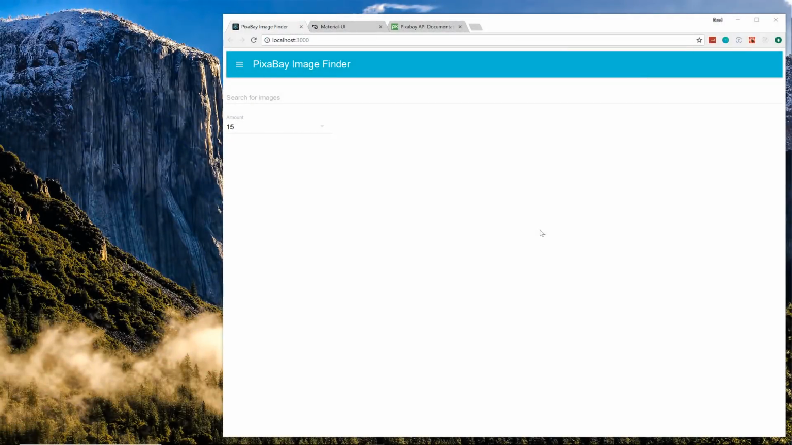Hey, what's up guys? So in this project we're going to be building a React application that reaches out to the PixaBay API and brings in images by search. Okay, so it's basically an image searching app, and we're also going to be using Material UI, which is a